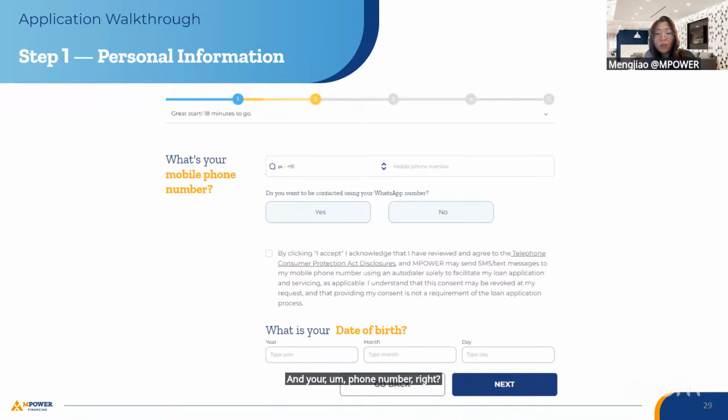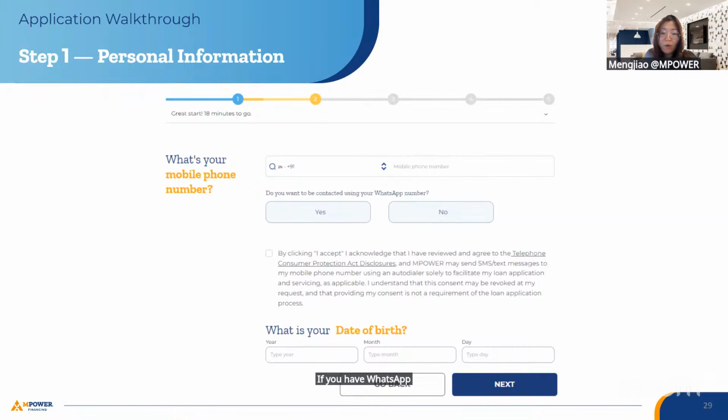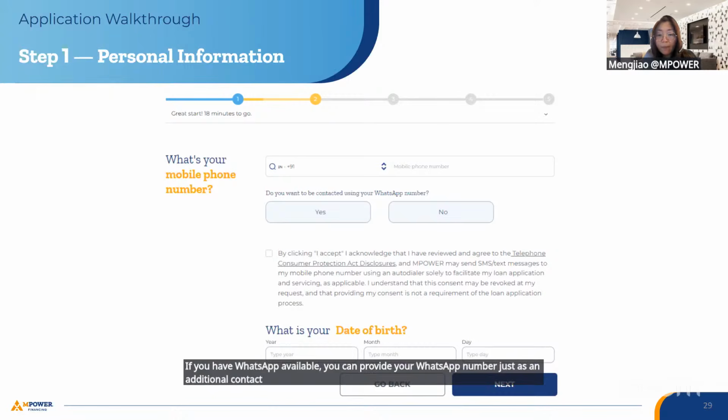So do you want to be contacted using WhatsApp number? So when our customer relations team get in touch with you, we actually do not use WhatsApp, but if you have WhatsApp available, you can provide your WhatsApp number just as an additional contact information. But if our team would like to get in touch with you, then we will use email or a phone call.